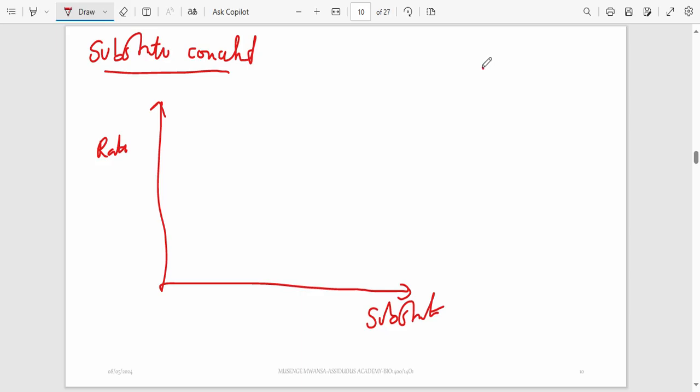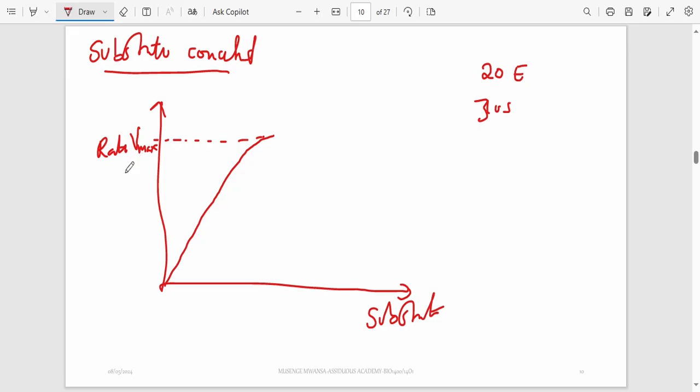Let's say, for example, you have 20 enzymes, and only 10 substrates. All the substrates will fit on the enzymes. So when you start increasing the number of substrates to 15, to 20, the reaction is going to increase. But there'll be a point when, even when you increase the number of substrates, the reaction can no longer increase. Let's say now you have 30 substrates. The reaction will not increase, and this is called